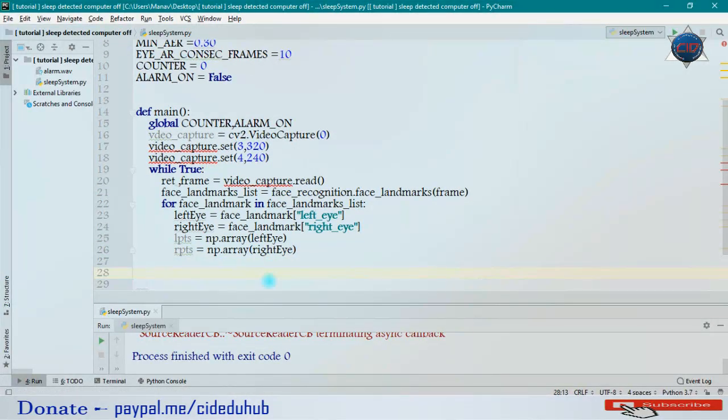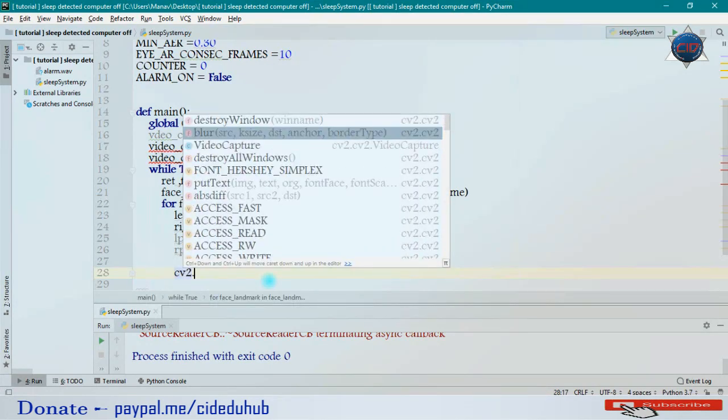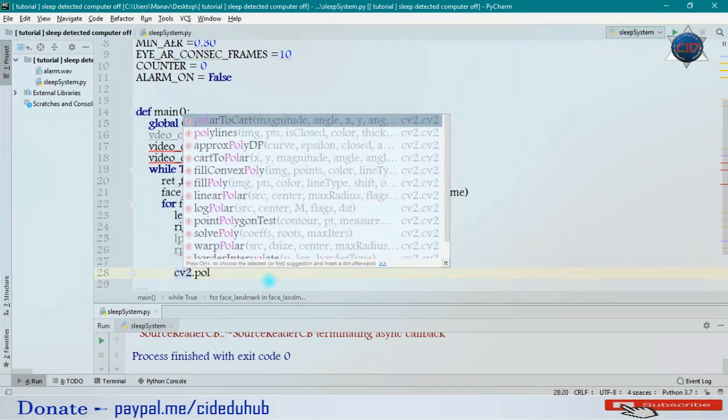And now let me use this NumPy array to create the shape outside of our left eye and right eye, so that we'll ensure that it is detecting our eyes. So I will create these things by calling cv2.polylines.